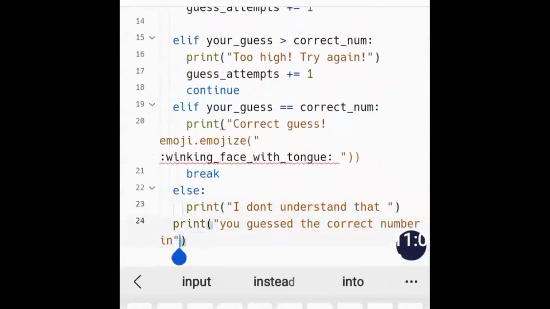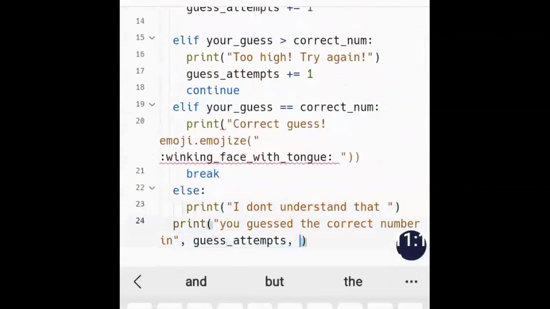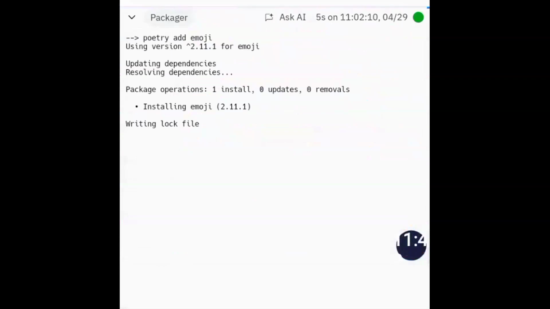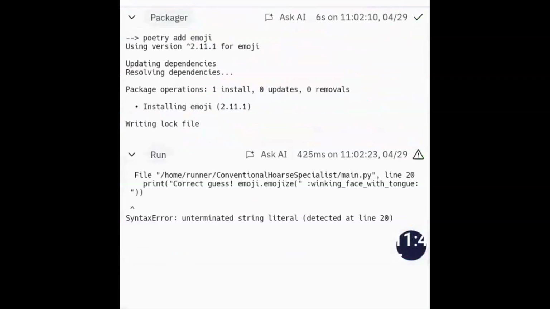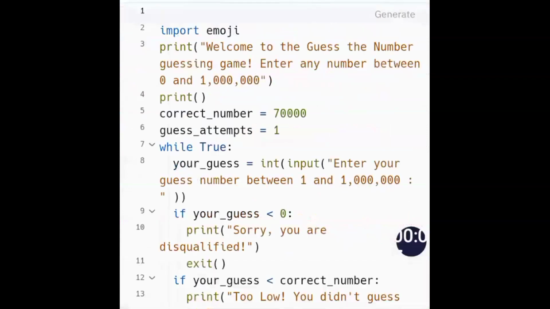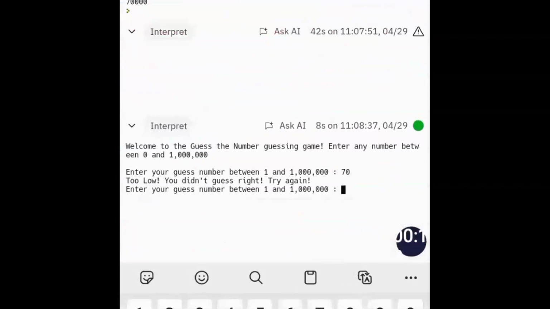Then after that you break off from the loop and print, you guessed the correct number in, comma, guess attempts, which, if you remember, is a variable. If you write that, it will count and insert in the final printout that you won this in so and so number of attempts. That's the idea of the last print statement in the end.